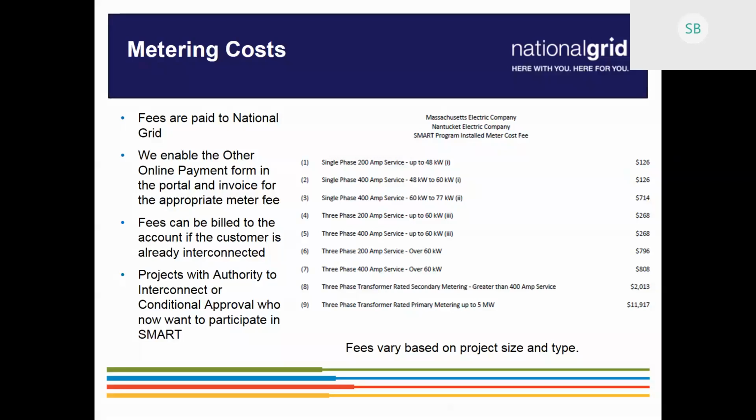Yeah, I think Kevin presented a slide at the very beginning showing the trend that you can see right up until the beginning of 2017. We were pretty even. And then with the end of SREC, the beginning of SMART and those types of things, we saw those huge spikes. And now, as the buckets are fully subscribed, we started to see a pretty big decrease in the number of applications and the size of those applications coming in over the last couple of months. So we'll do one more question here in the room.